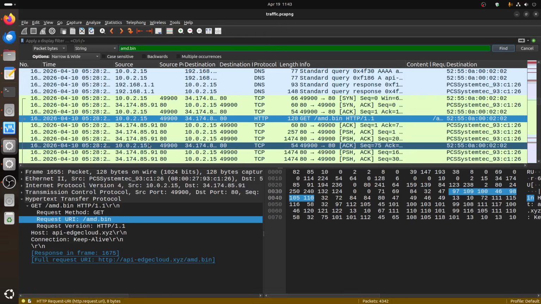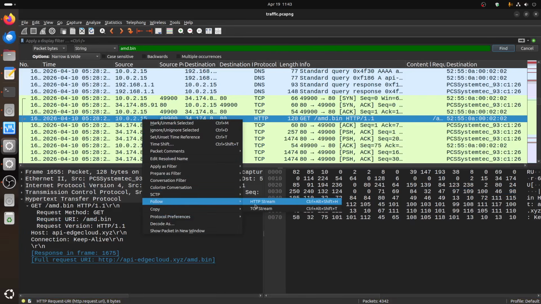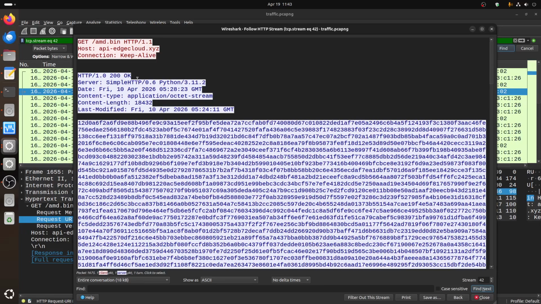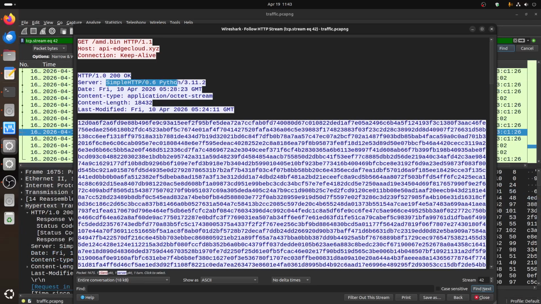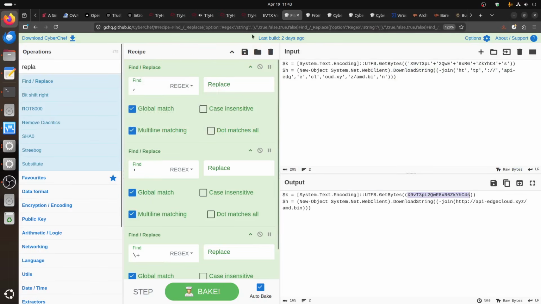amd.binary. Where is it? It's in here. So it's only there. Then you do follow HTTP stream, and you can see the server is simple HTTP Python, and you can see the date: Friday, 10 April 26, 5:28:23. This is the question that said